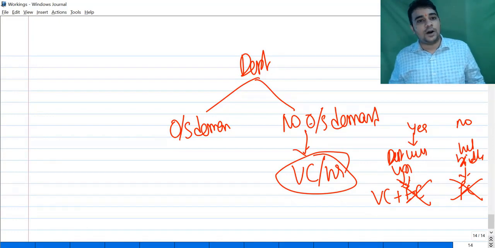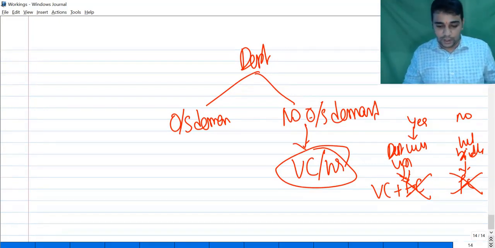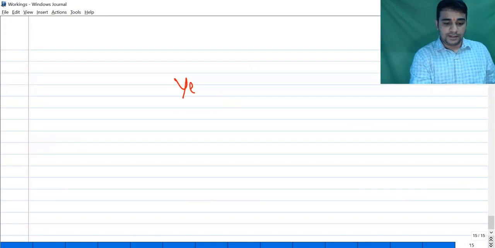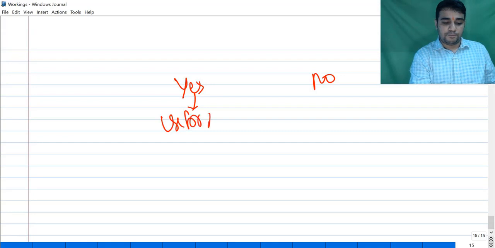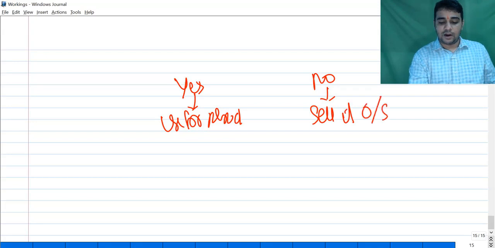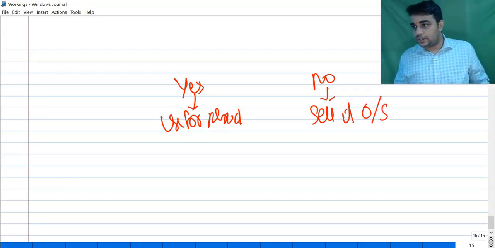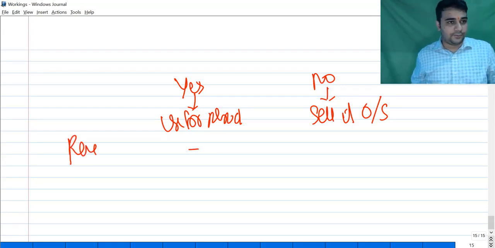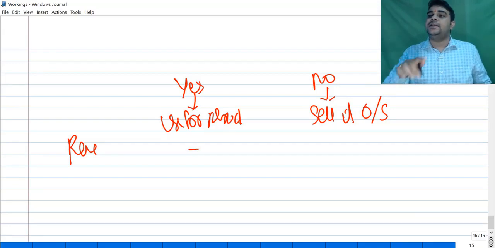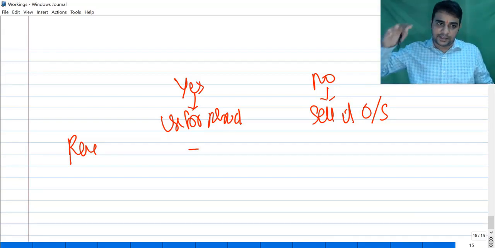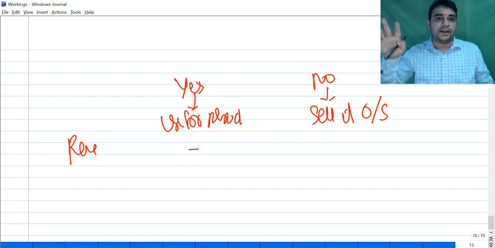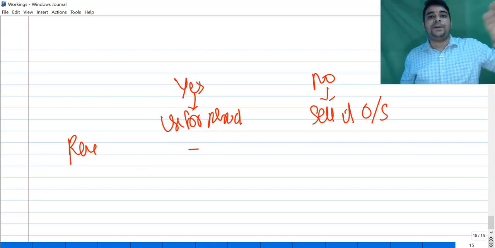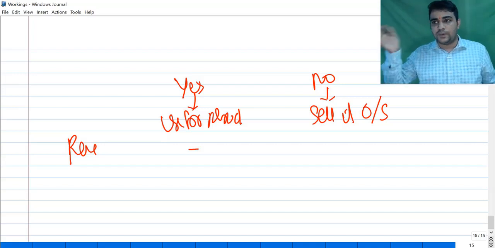Another scenario is where it has outside demand. So yes, no. Yes means use for the project. No means sell it outside. You are planning to sell it outside. In the yes scenario we don't write any revenue. The revenue on the yes side is 70,000, all put together. Material A, material B, other components, all adjustments put together give you an amount called 70,000. So you don't write a separate revenue; a single amount will come later on.